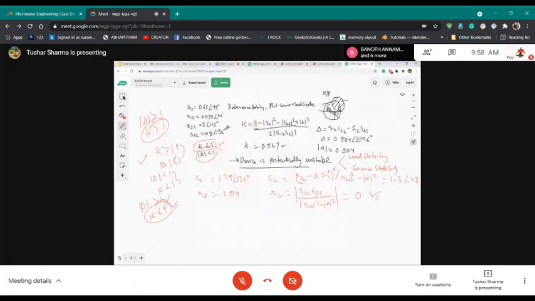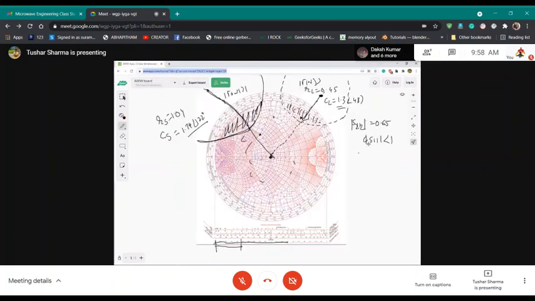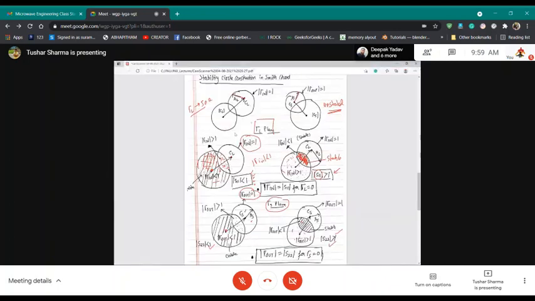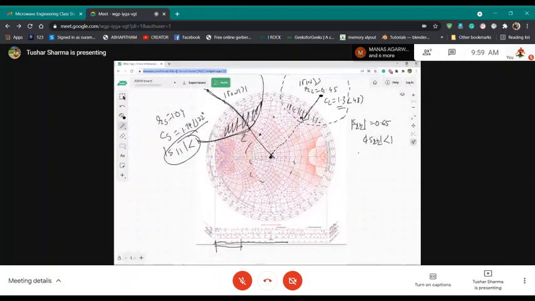So if you look at S22, that is also less than 1, so not an issue. So S22 here, and here you will check S11. S11 should be less than 1. If S11 is less than 1, go back to this and check what happens. With S11 less than 1, this internal area is stable and this is unstable. So this area will be unstable. And in this case, this area. We'll continue discussing this in the next class.